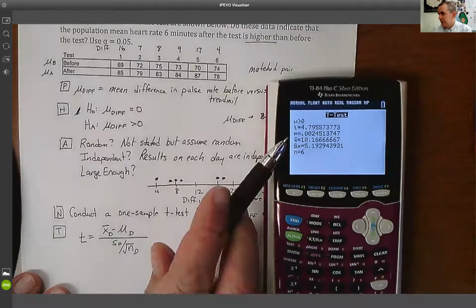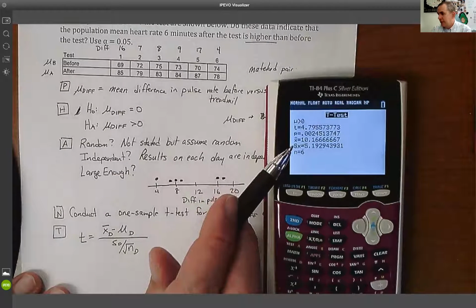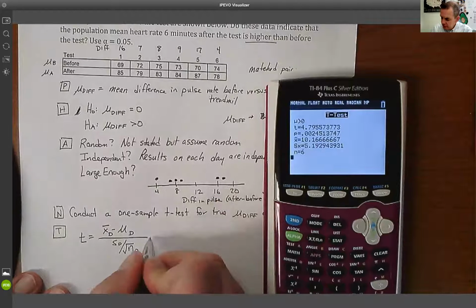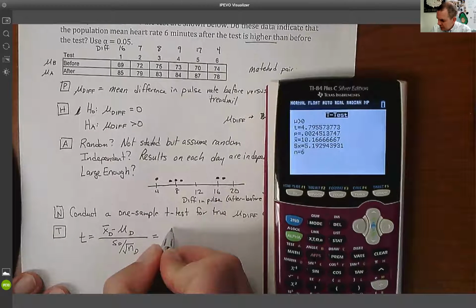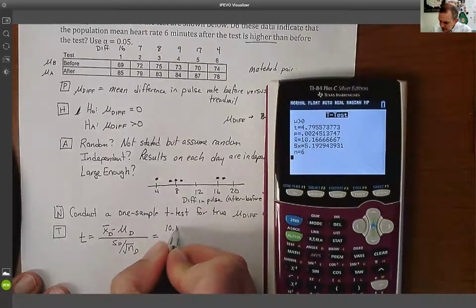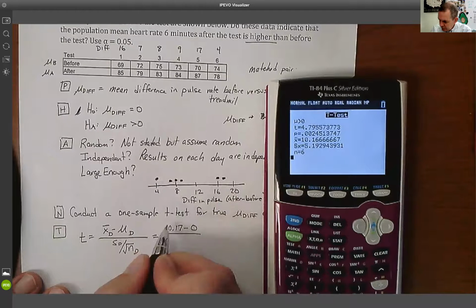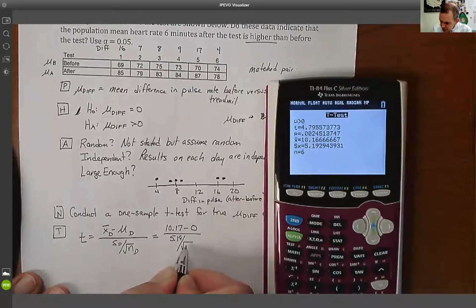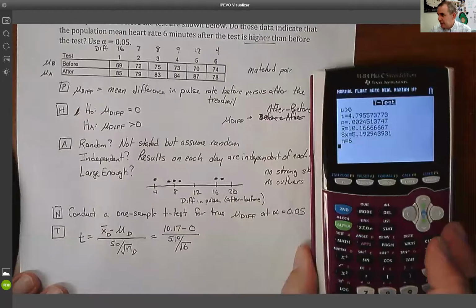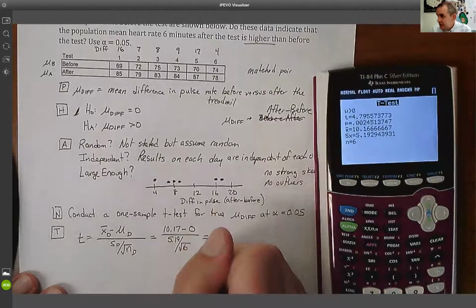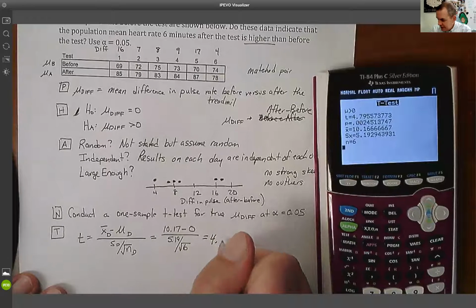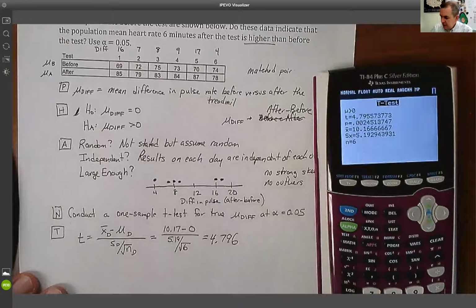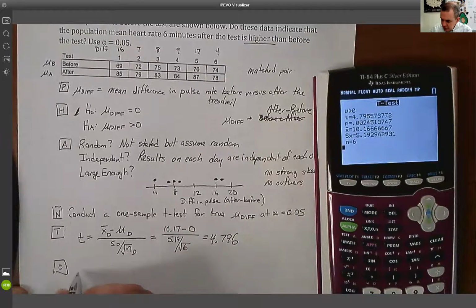But if you notice, we got everything in here. We got our x bar, we got our sx. So in this case, to fill in the blanks, my x bar difference is 10.17 minus 0 over my standard deviation, which is 5.19, divided by the square root of 6. That is going to give me a t statistic of 4.796. It's going to give me a p-value